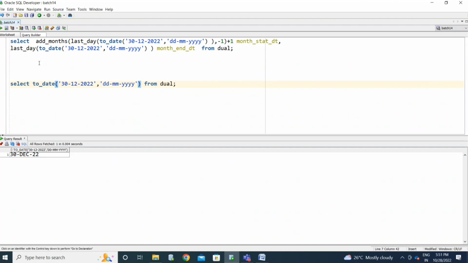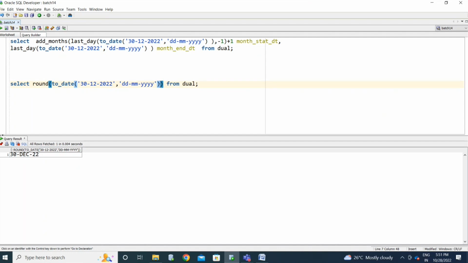Okay. Now, if you pass this, we are in the middle or end of the month. If I use the round function for this, it will display the 30th December. Wait. So now you are looking for the day, not the date.